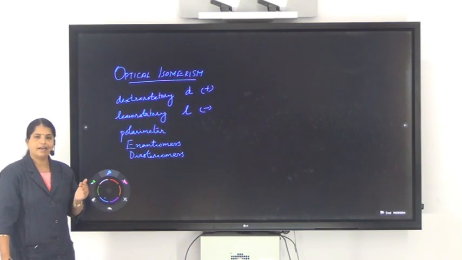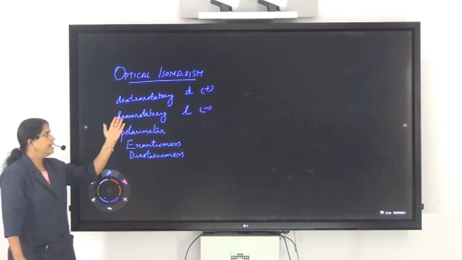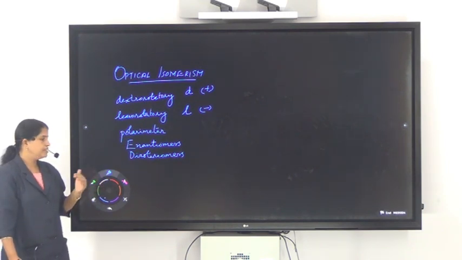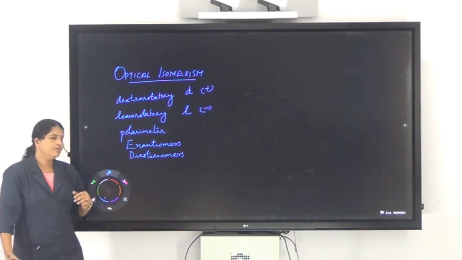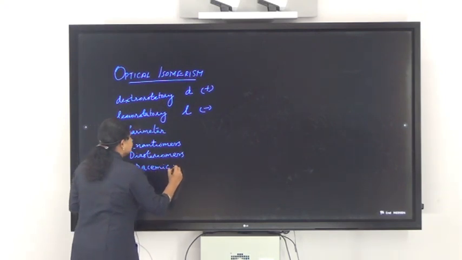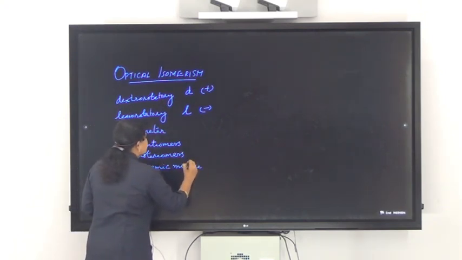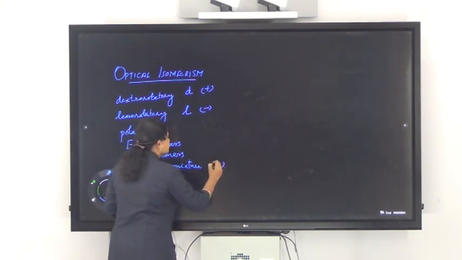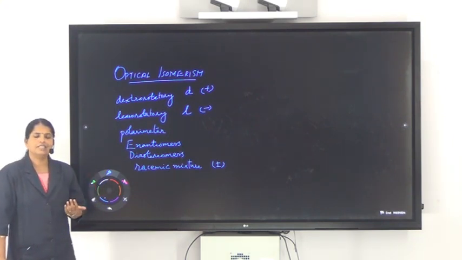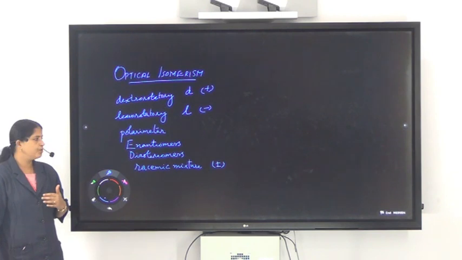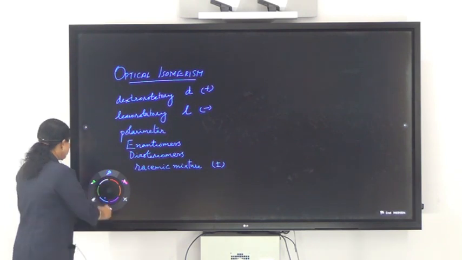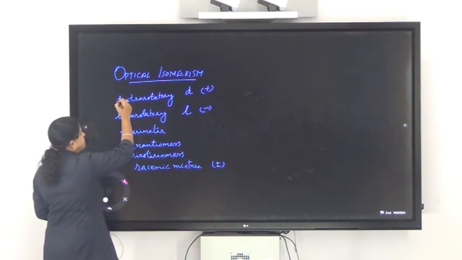If a molecule contains an equimolar mixture of this D and L form, or plus and minus form, then its net optical rotation is 0, that is, it is optically inactive, and that is called a racemic mixture. That is represented by this plus minus sign. So how this optical activity arises in a molecule, or when and how a molecule shows optical activity, can be explained by taking the structure of these different molecules.